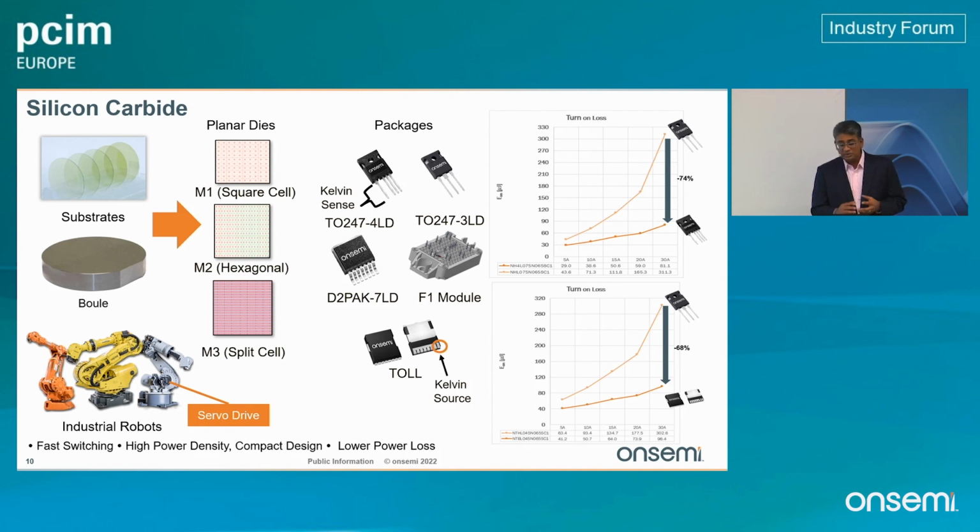Now, moving on to this M2 type of die, it's a hexagonal cell type of design, and it features a 100 micrometer wafer thickness. And so this results in much better RDS(on) per area, better reliability, and lower thermal resistance, and it's very, very good for lower speed type of applications. The M3 is kind of a pseudo trench type of design. It's a split sill FET that creates very competitive specific resistance in that M3 family. And that die is actually optimized based on the need for fast switching and lower RDS(on)